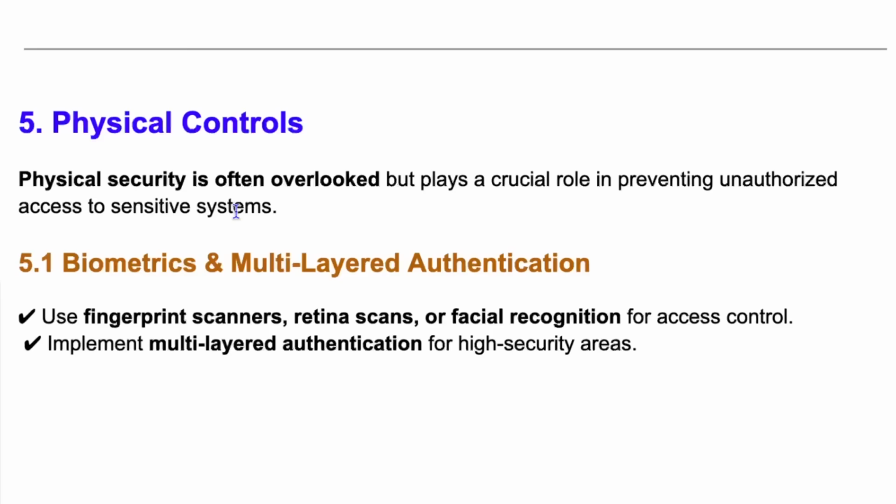And finally, we have physical controls. And physical security is actually overlooked very frequently, but this actually plays a really, really big role in preventing unauthorized access to systems or parts of your building or the building in general. There's something called tailgating and piggybacking. And tailgating and piggybacking is essentially when somebody follows an authorized person who has a key card to get into